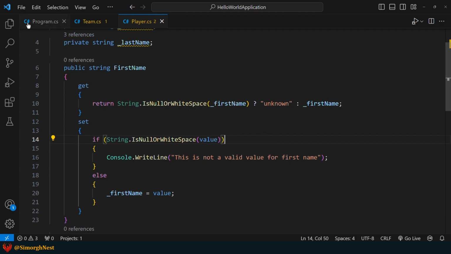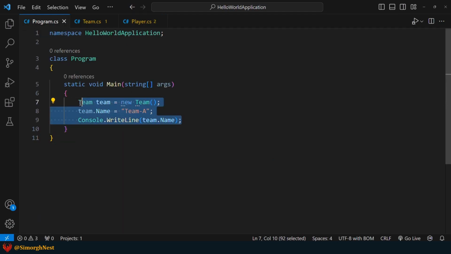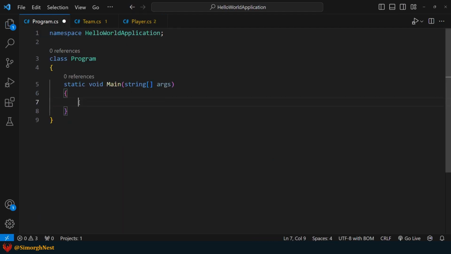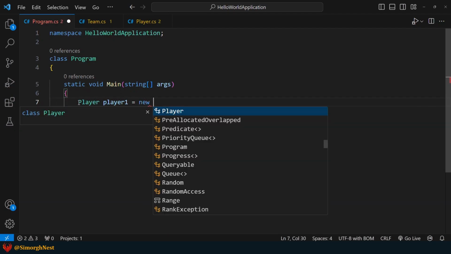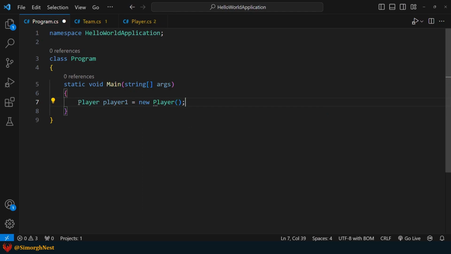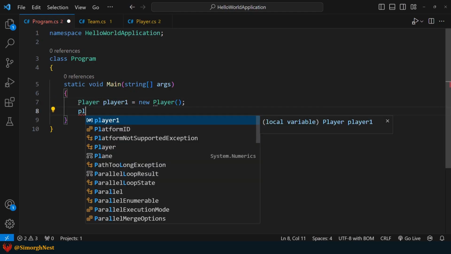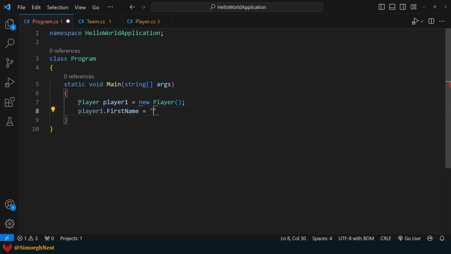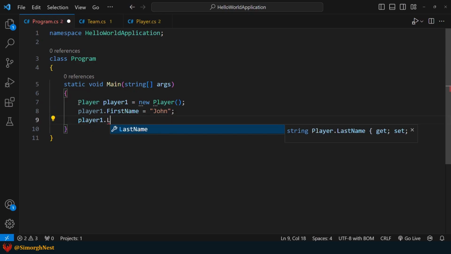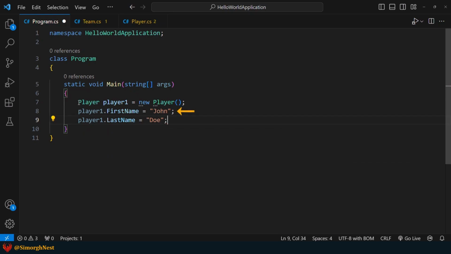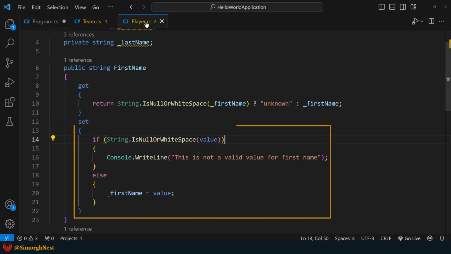Alright, let's move on to the program class and create a player object using the player class. Next, let's assign proper values to the first and last name properties. Remember that when we assign a value to the first name property, the code block inside the set accessor is executed.